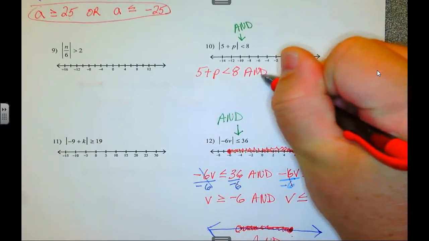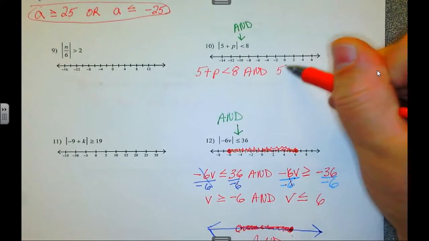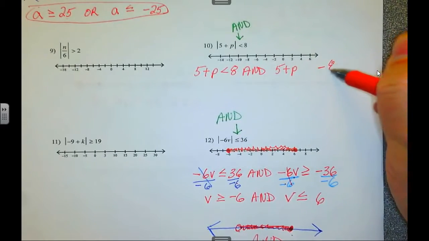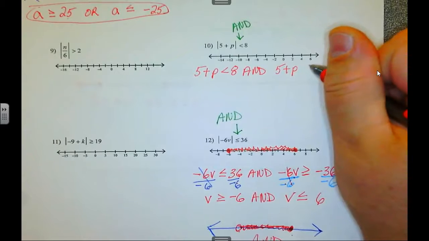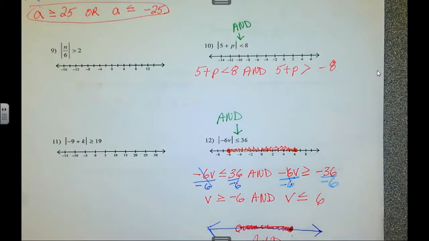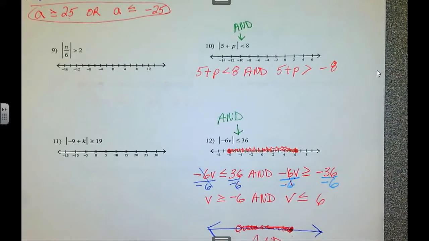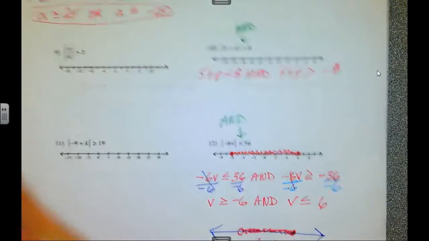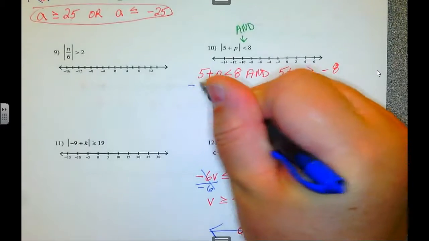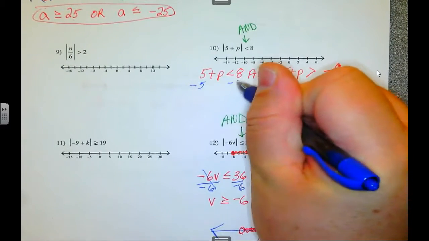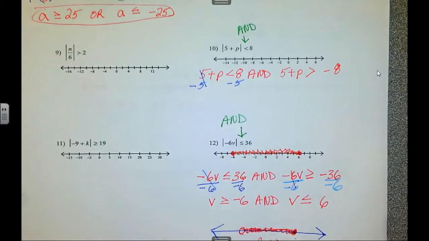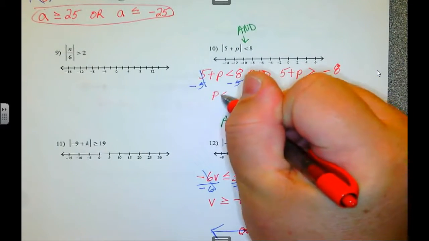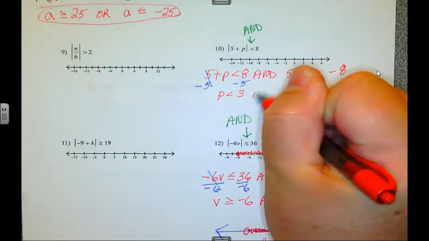And take what's inside, take the opposite of what's there, and then flip my sign. Okay. So now I have to subtract 5 from both sides of my inequality. P is less than 3, and